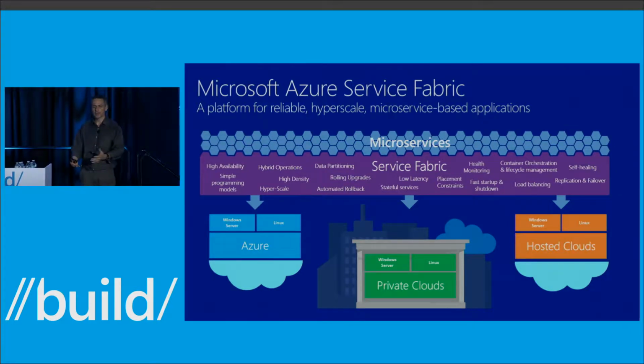How do I recover the state on that machine? How do I redeploy the services running inside that machine? You have to be able to deal with automatic failover. You have to be able to do self-healing of the service itself. So you want to be able to say, look, a machine failed. I just want you, Service Fabric, the underlying platform, to take care of making sure that those services get redistributed against the remaining set of machines that run there.